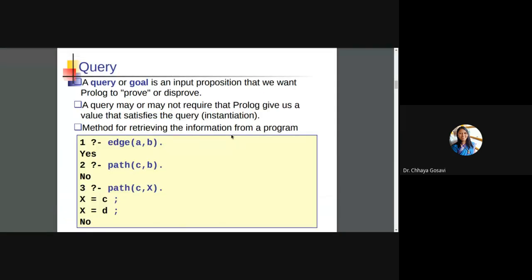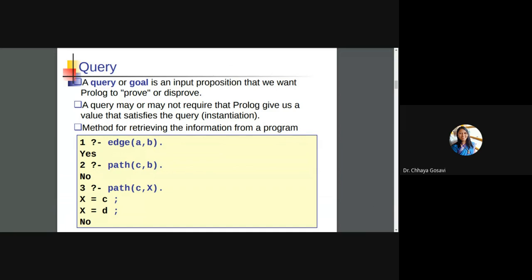I already explained query, but just to define what a query is: in some books it is also called a goal. Instead of query, the keyword used is goal. What is your goal or what is a query? What you want to extract from that database. There is a database and you have to extract exact information. You have to dig into the database.